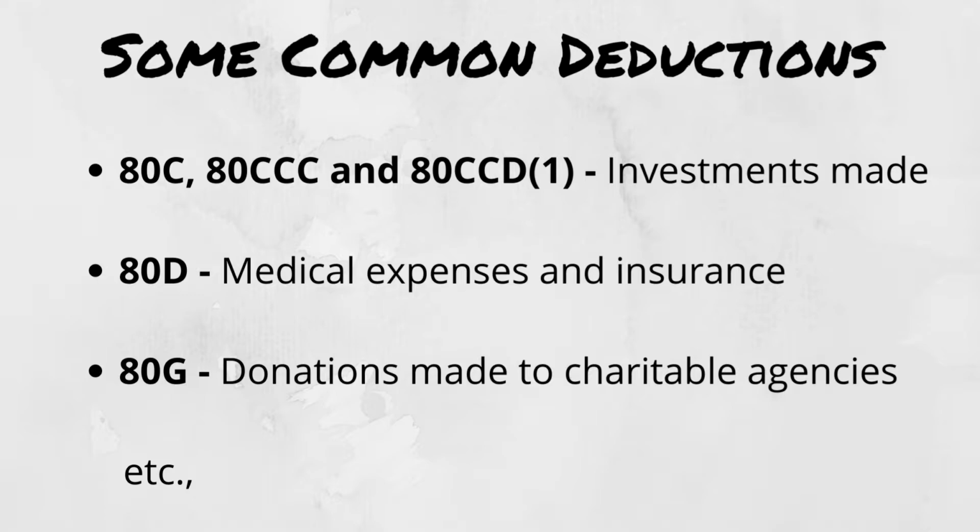So all of these are deductions that you can claim and take advantage of. What you can take deductions on, the government decides. First is home loans. You're taking a loan for a home, so it's a liability. That's why you can claim some tax deductions on it. And then, for example, if you are buying and selling property and you're selling it at a loss, you can claim a tax deduction on it.